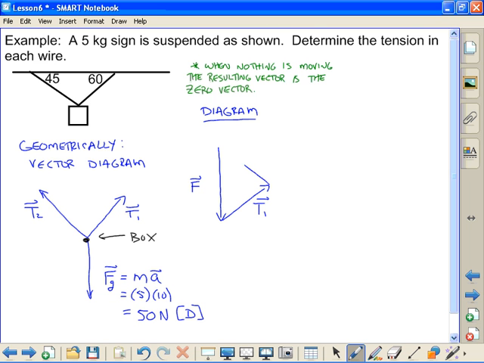And then the second tension has to end up at the start point to have a vector of 0. So there is my 0 vector, the dot. So it must be closed. So geometrically,